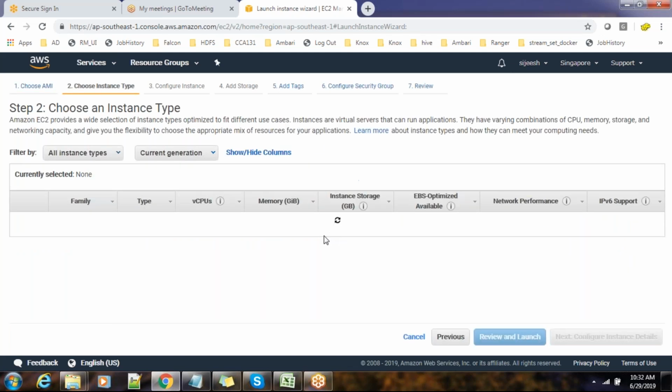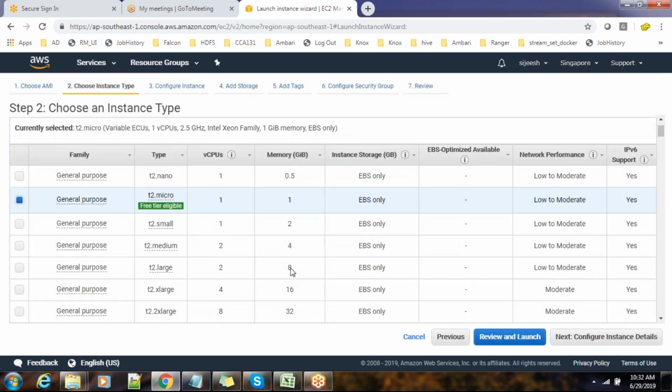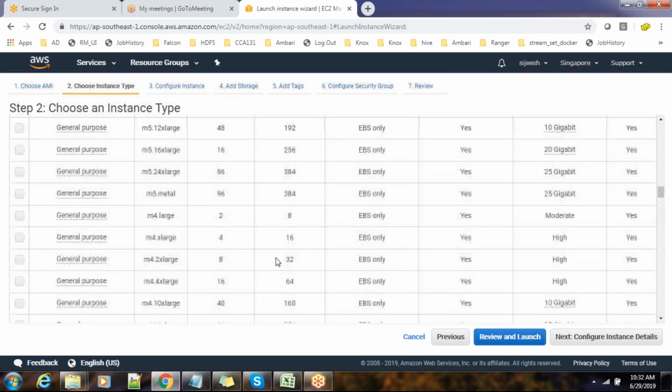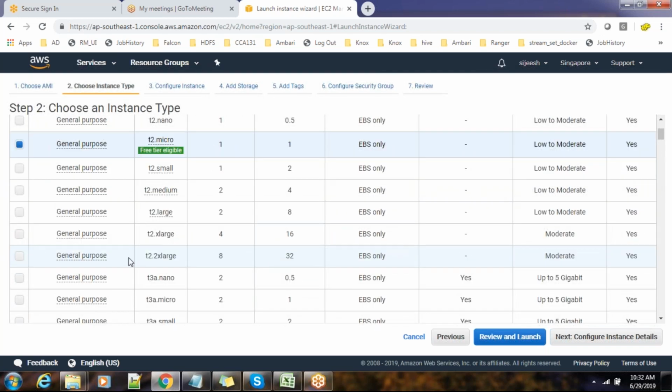The next option is how this VM should look. We have very minimal options, from half a gig and one CPU to very huge VMs. I'm using a single node, so I'm just using T2 xlarge, which is 8 core CPU and 32 gig RAM.